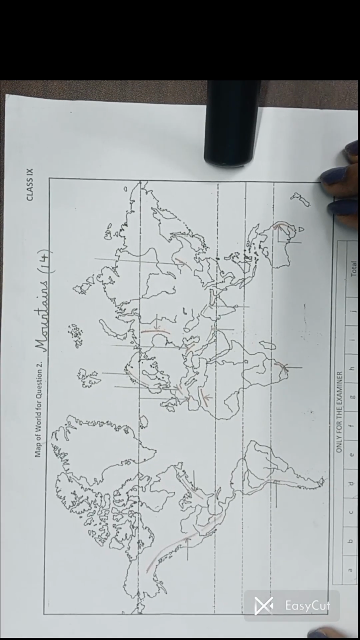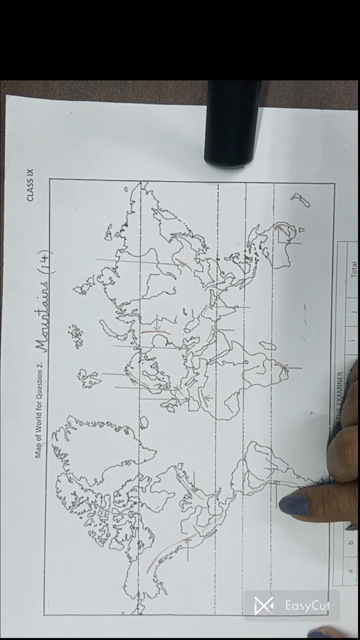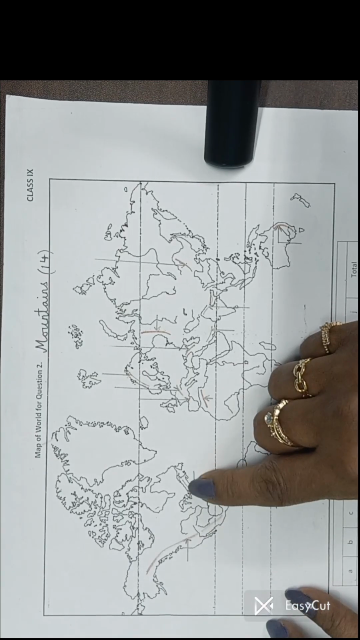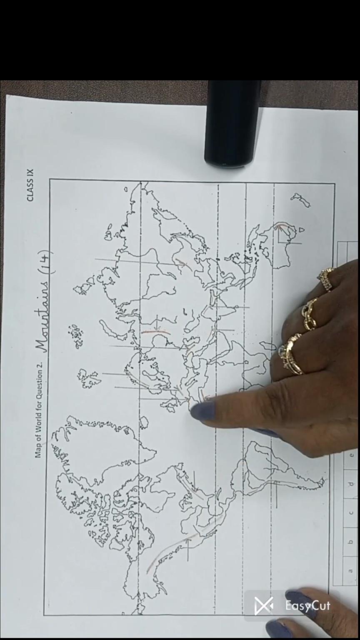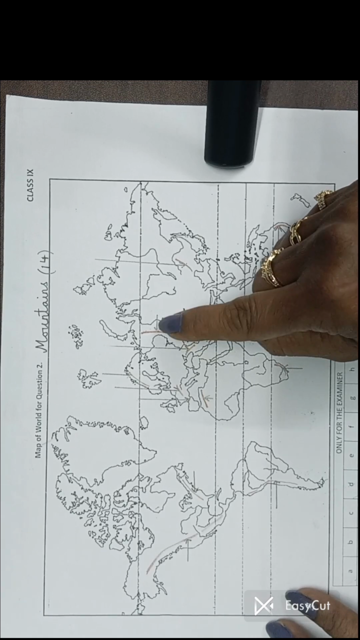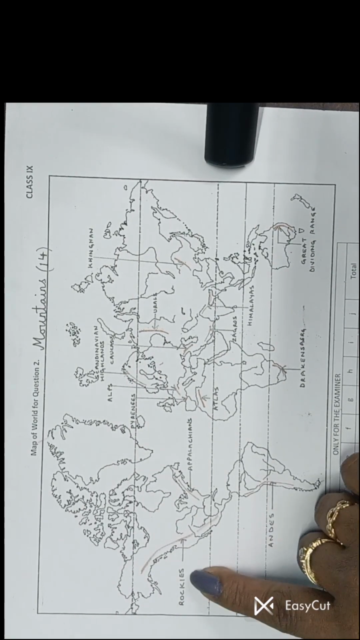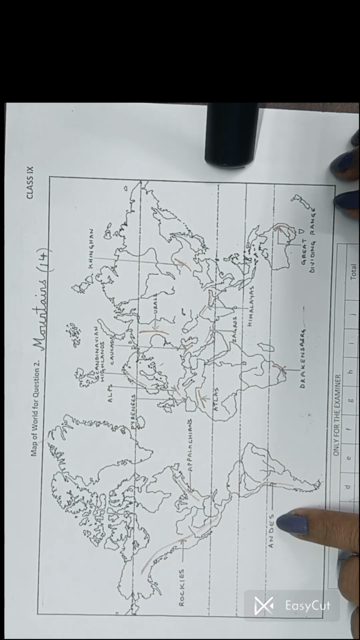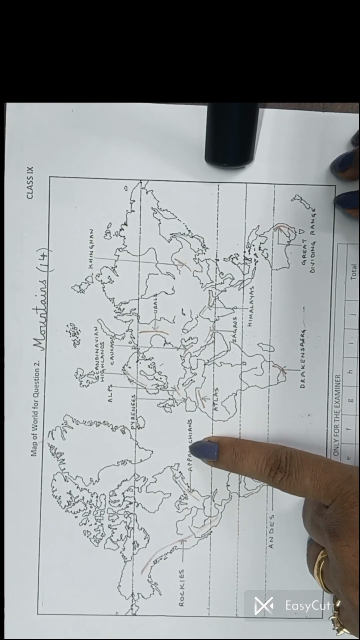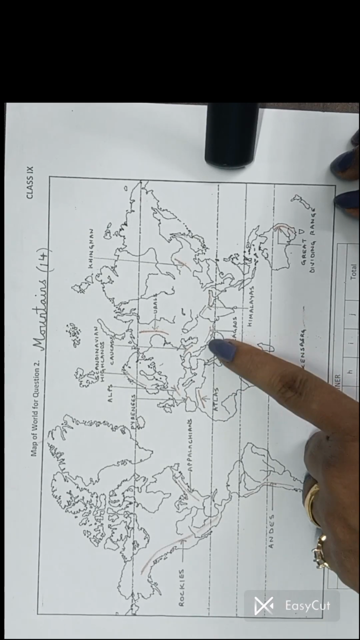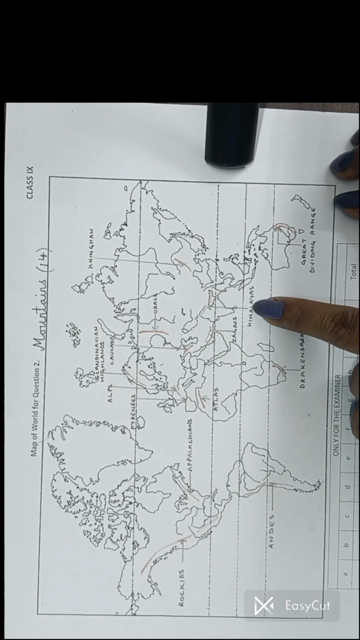Now we need to label them. For that, we need to draw arrows. Make sure your arrows are pointing to the place, and a neat arrowhead should be drawn to the place. Now we will write the names or label them. This is Rockies, Andes, Appalachians, Atlas, Drakensberg, Zagros, Himalayas, the Great Dividing Range,